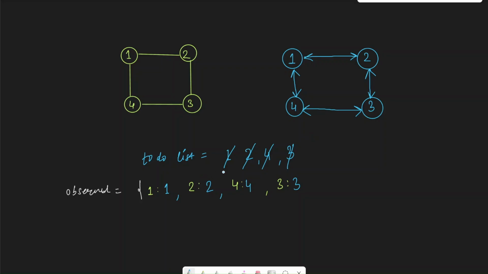We have visited all the nodes that were there in our to-do list. So we have completed visiting all the nodes from here, and this is our final graph. And this is the clone version. All the relationships that exist over here are existing here. All the nodes that were existing here are also existing in this new city. So this is the simplest way, and if you have guessed it already, then I have used breadth first search